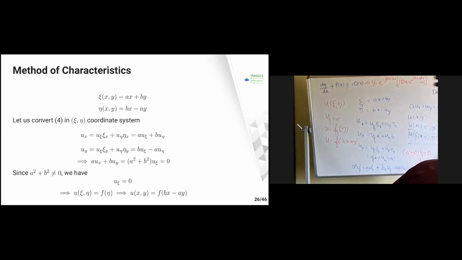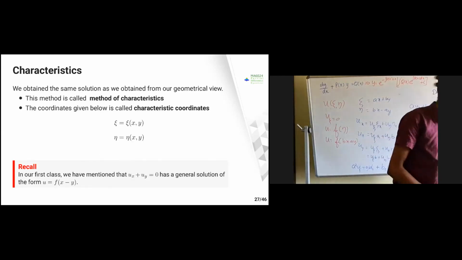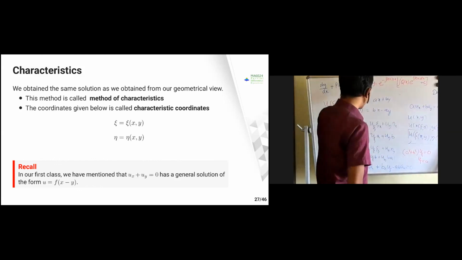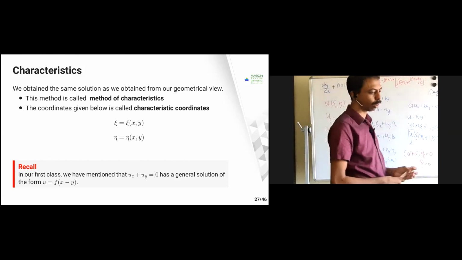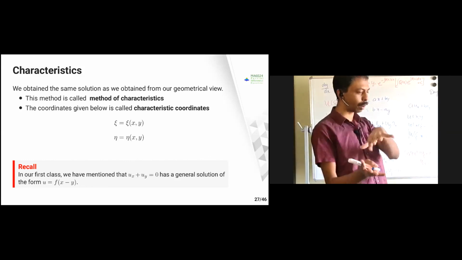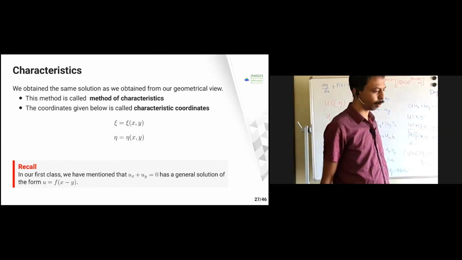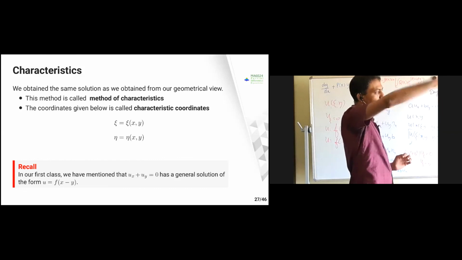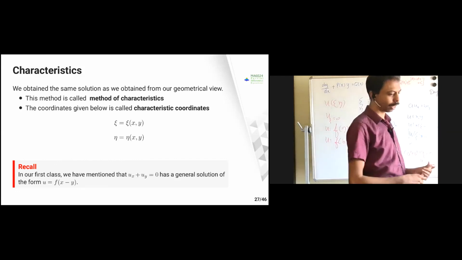What's the time? I'll just finish this one. So we have transformed this: u is some function of eta and chi, chi is equal to chi of x comma y, and eta equal to eta of x comma y. So these are called characteristic coordinates. We are just transforming that x comma y to the chi comma eta coordinates. That is nothing but the characteristic coordinates, because all your characteristic lines are parallel to these coordinates. Therefore, this is called characteristic coordinates, and this method is called the method of characteristics.